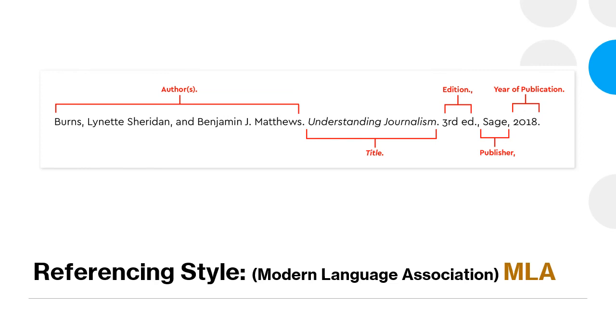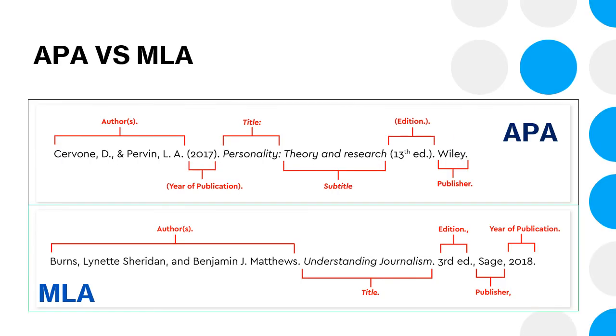Now you may get confused or think both seem to be the same, but they are not. Let's check it out. This is APA versus MLA style. If I compare APA with MLA, you can see the author name in APA style is the short one and the author's name in MLA style is the longer one. I use the first name as well as the second name in MLA style, but in the case of APA, I use only the short one. In APA style, the second thing is the year of publication, whereas the year of publication goes at the end in MLA style.